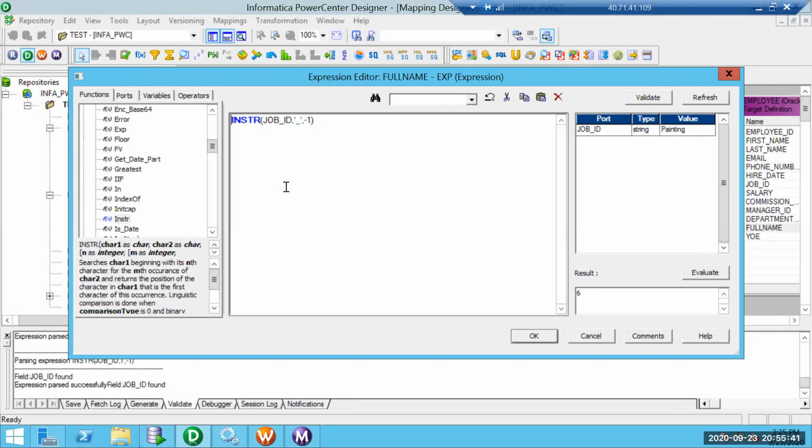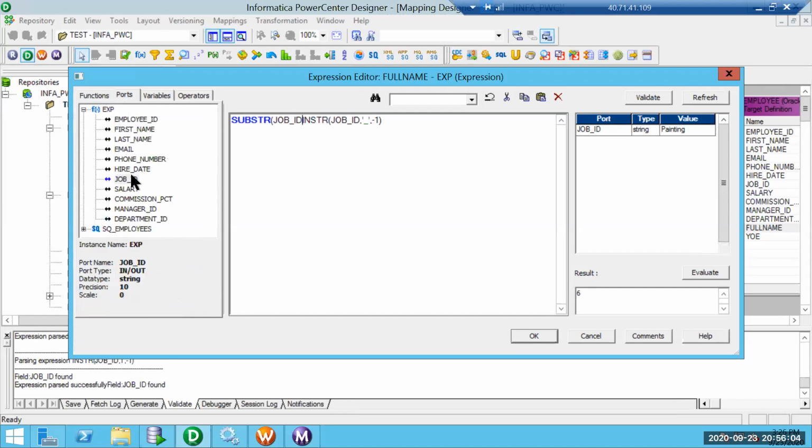So our job ID has two things, the branch followed by the ID, and I want to split the branch. So it's a substring on job ID from 1 to the position of underscore -1.